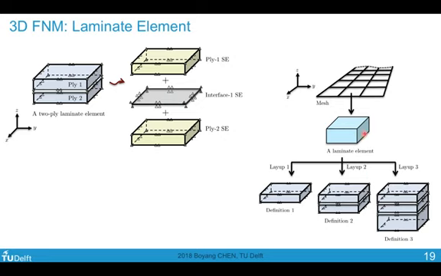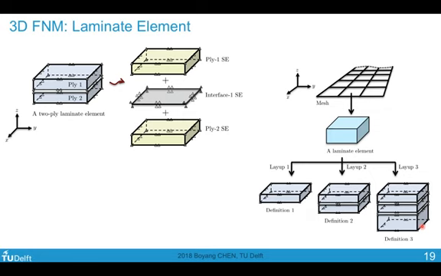Every time I want to change to a different layup, I simply generate, according to an automated algorithm, a different definition of the element. So this will be a big 3-dimensional floating node element with all the features included in terms of integration. And the solver, at the overall system level, only sees this big element, and the user knows exactly which configuration it corresponds to in terms of a layup.